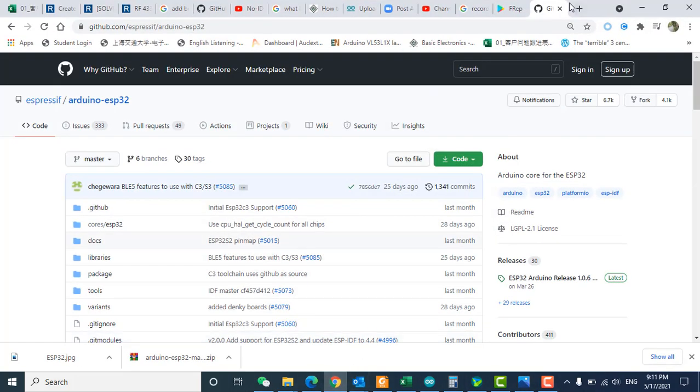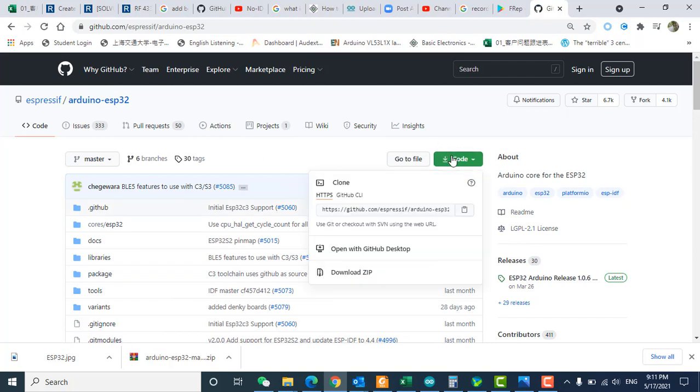First go to this link. This is the link. I will put this link in the description. You just open this link and you will see this site. Click on this Code, Download, and click on the open. You need to click on the Download ZIP. Click on the Download ZIP,